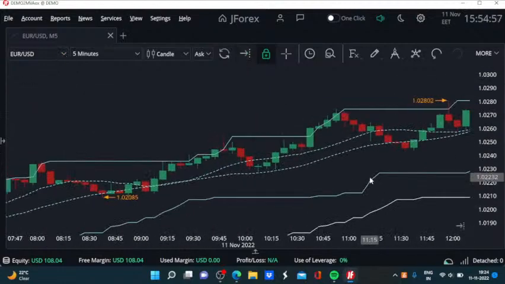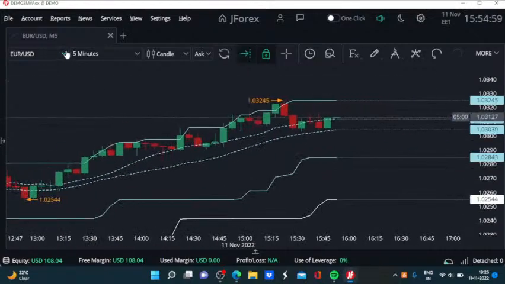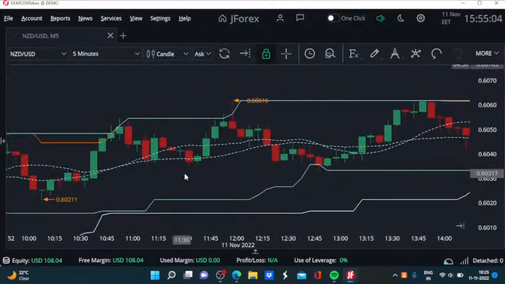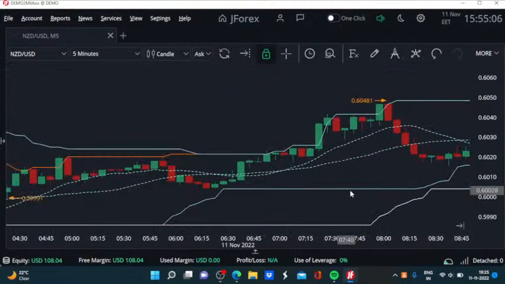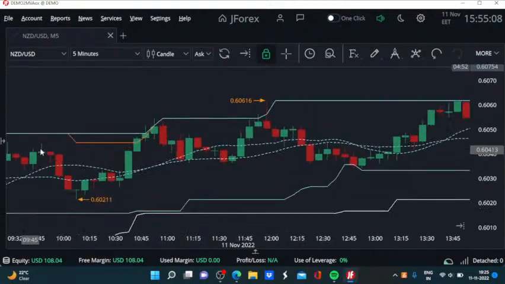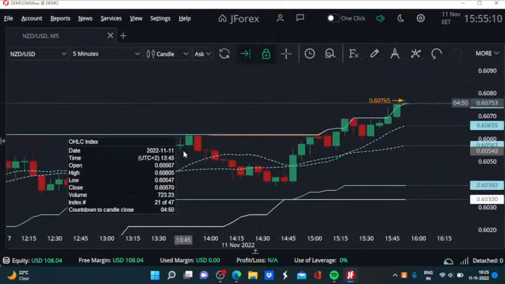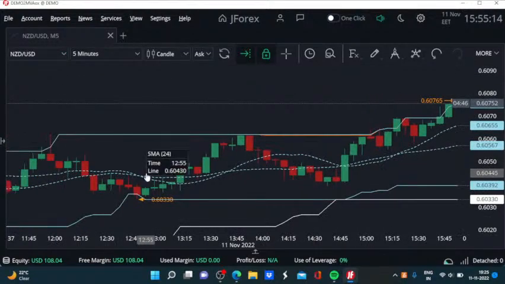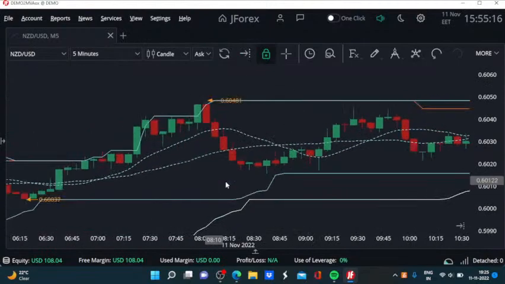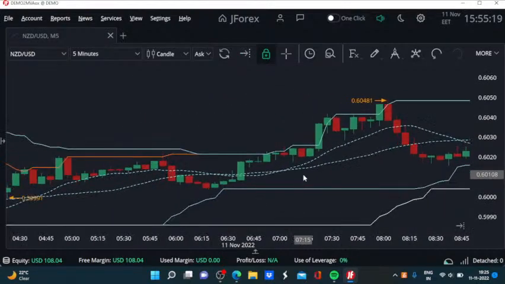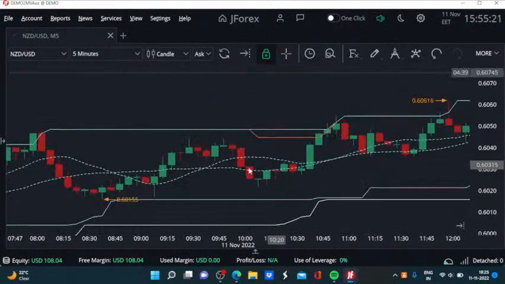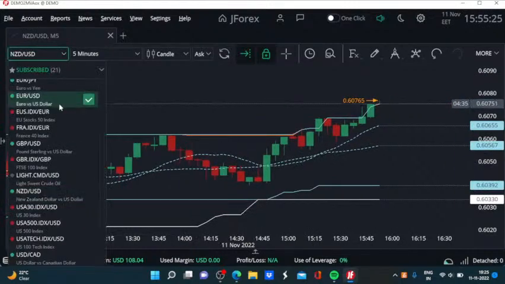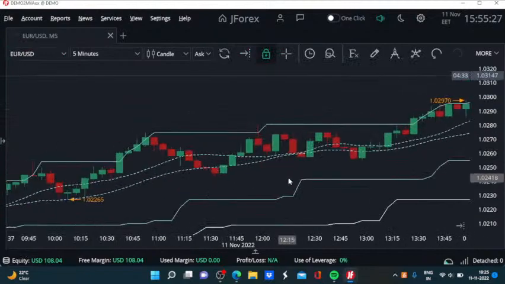But after that, we saw some correction in NZD, which made it dip toward these 2 hourly lows, and from those levels it has now rebounded, but the gains have been rather muted. So all in all, I think earlier in the day, during the Asian trading session and even at the start of the European trading session, the NZD was on the stronger footing, but after that it went into a consolidation phase, and now we are observing some lag